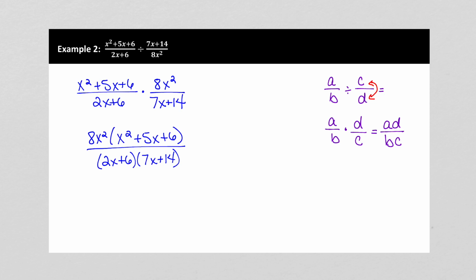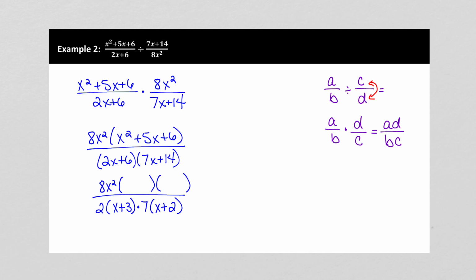So distribute the 8x squared. Or let's see, wait a minute. Is there any way we could simplify this first before we just worry about distributing and foiling? Sometimes it's easier to look at that, because if you look at the bottom here, notice how a 2 can be factored out, and a 7 can be factored out. And on the top, we could factor